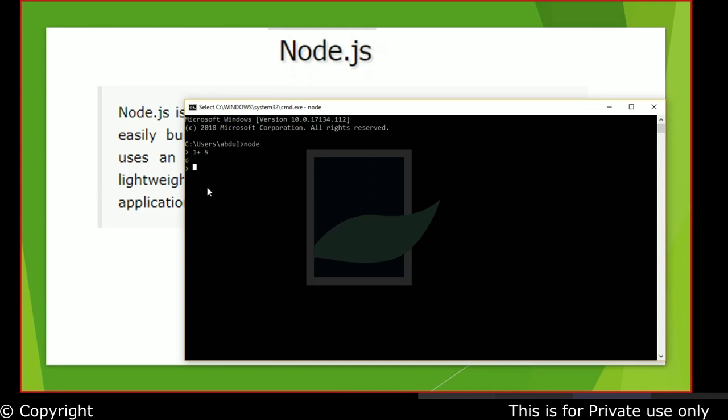To prove it in some other way, if I say name equals mark, and then just say name, this statement, once executed, asks the compiler to store mark inside the variable name. Once I say name, you can see the output mark. So essentially this is a JavaScript statement. Now you can understand that JavaScript is being executed inside this command prompt.